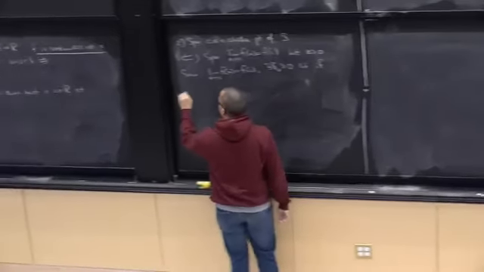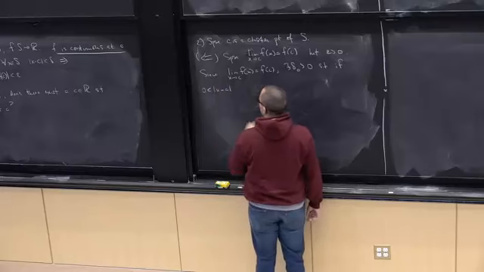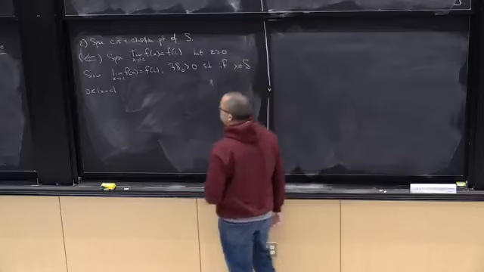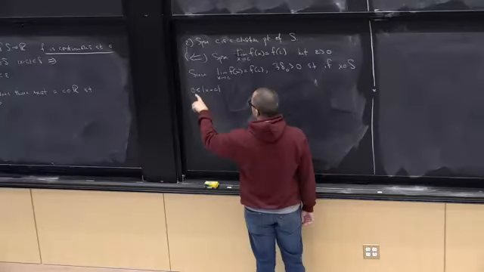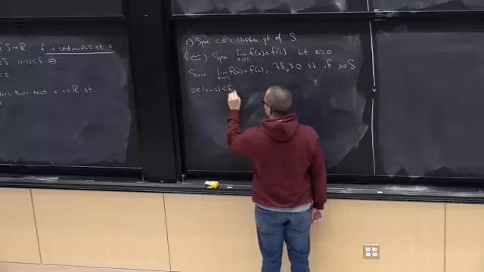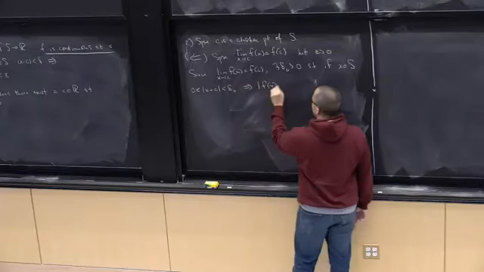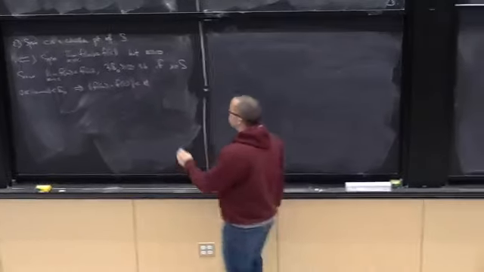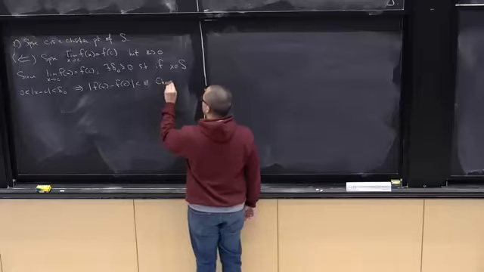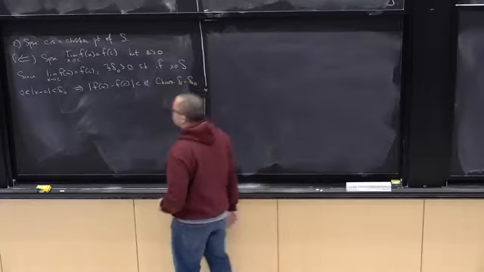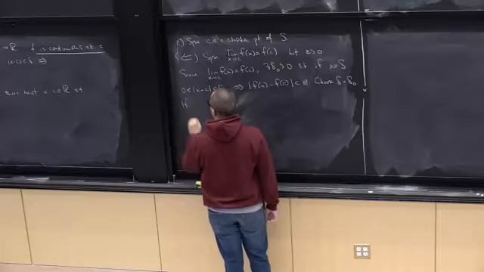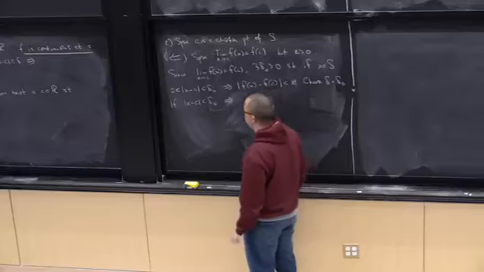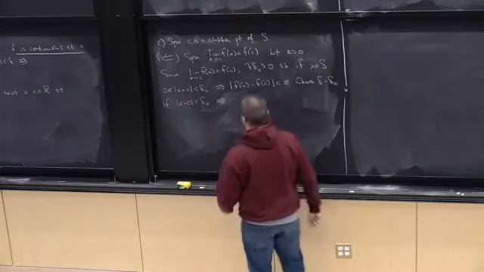if x is in S and the absolute value of x minus c is bigger than 0 and less than delta 0, then f of x minus f of c is less than epsilon. Okay? And we'll just choose delta to be this delta 0. If x minus c is less than delta 0, then there are two cases. Either x is equal to c or x is not equal to c.